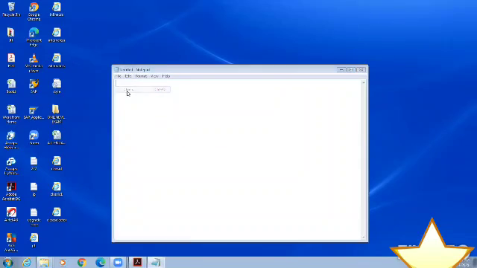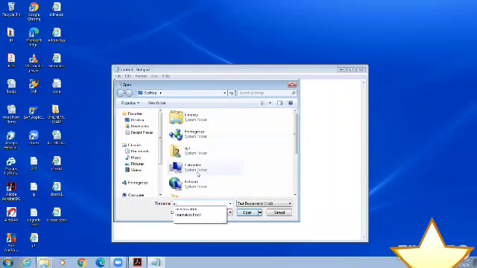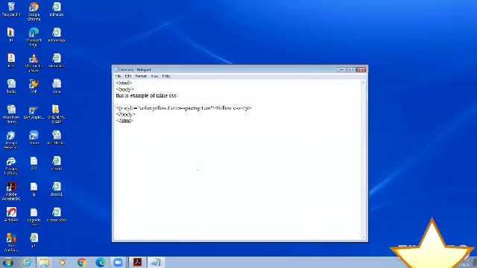For example, see here. This is an example of inline CSS. HTML tag, body tag. Just a P tag, and the style attribute is given.